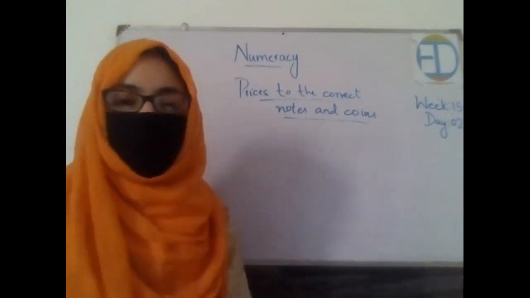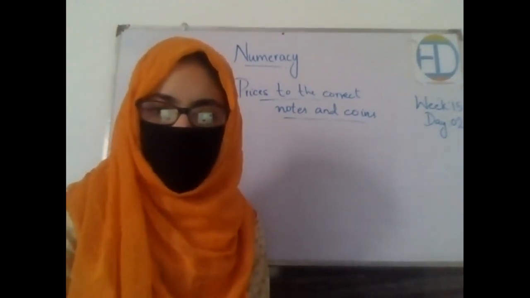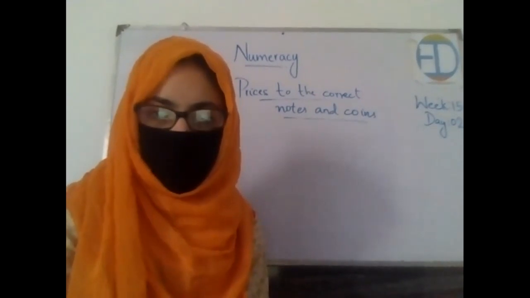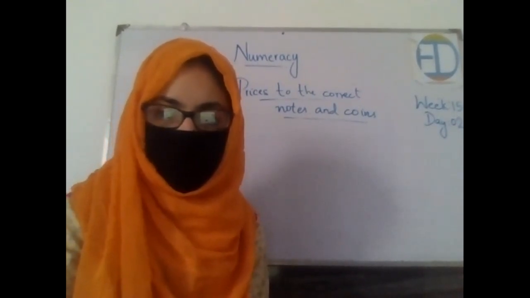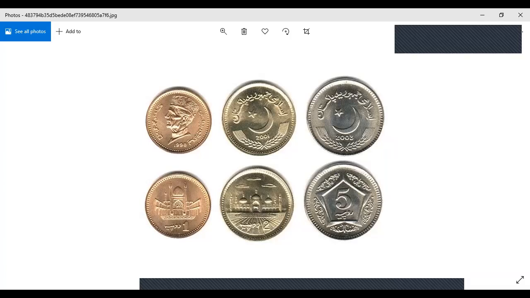How do they look like? Let's see them first. I'm going to share the screen with you. I'll be showing you the pictures of the coins, okay? Over here we have the picture of three coins basically. This is the 1 rupee coin. It looks like this from one side and it looks like this from the other side, right? These are not two different coins. These are basically the two sides of the same coin, right?